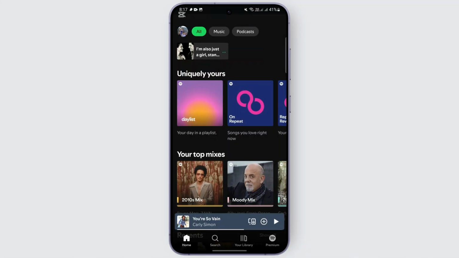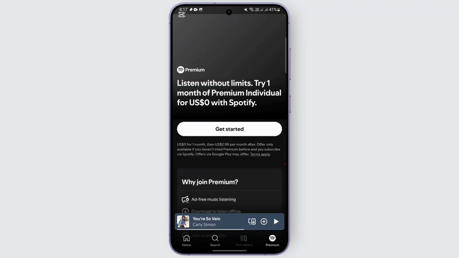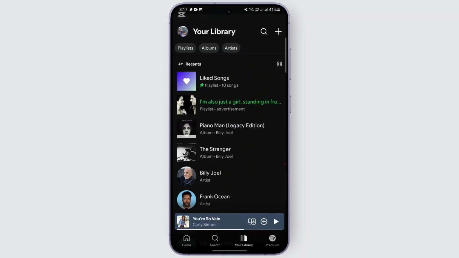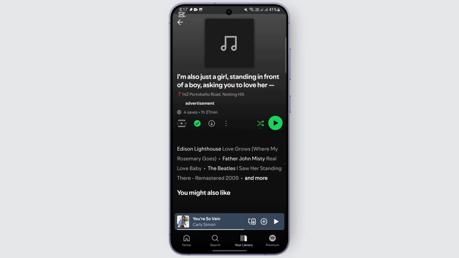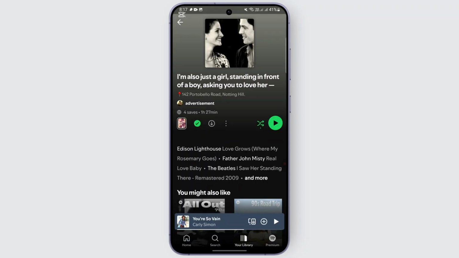Hi everybody, if you're wanting to transfer your playlist, you can follow these steps. So for that, once you're on Spotify, you can head over to your playlist first and locate the playlist. For example, let's say this playlist right here. So once you have located the playlist, what you need to do is you need to